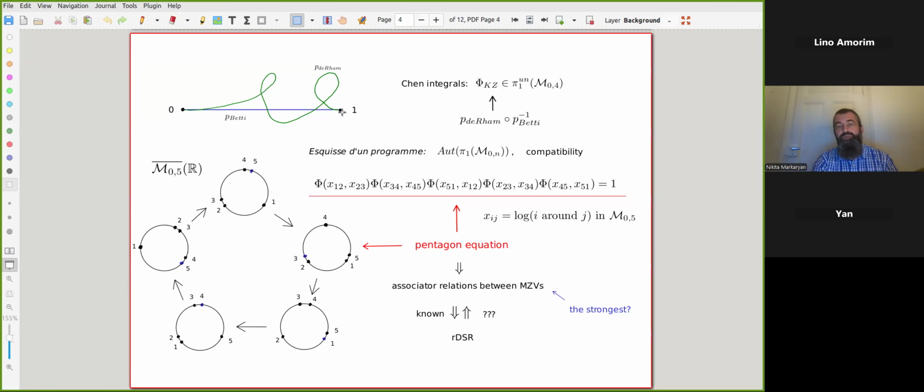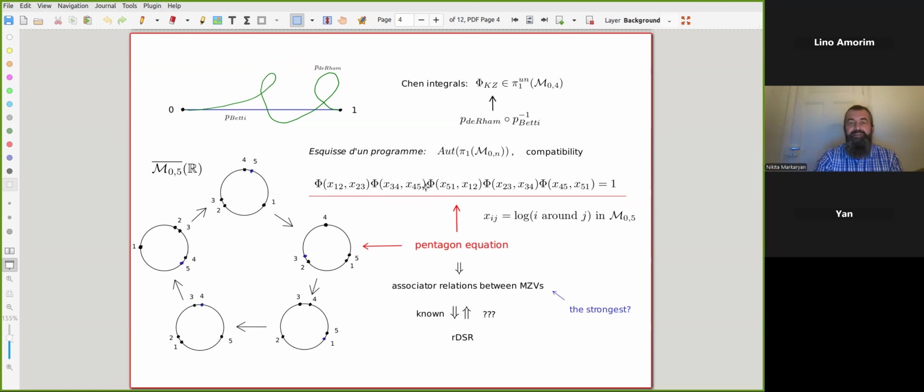And this action should be compatible with the others. So we have M05, for example, and we have projections, and it must be compatible with this action. So we have an action on M05 as well, and the conjecture of Grothendieck is that essentially it defines the whole action, as far as I understand. But yeah, some very theoretical thing. But the point is that if you have